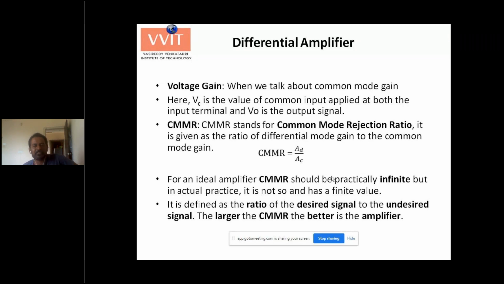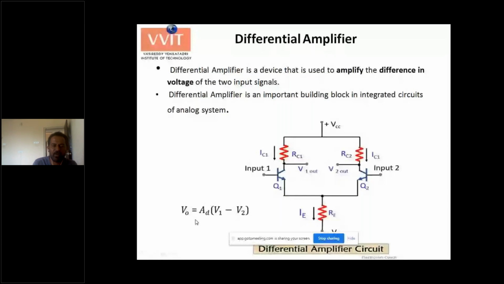We understand. This is one more topic. You please perform the analysis. In classroom analysis, you have to find the expression for AD, this gain, etc. And there are various versions: balanced differential amplifiers, unbalanced. There are 4 versions actually. Anyhow, I'm not going into details. This is one more probable question. Fine.